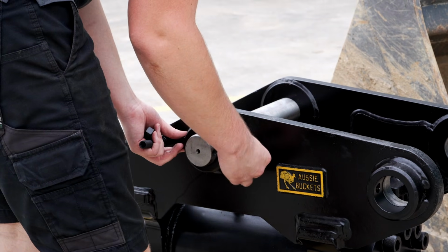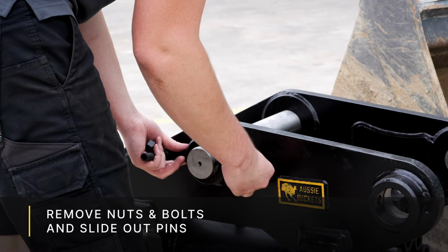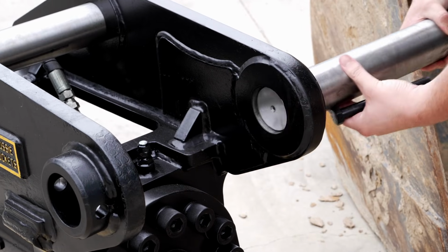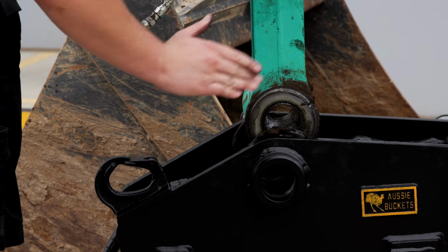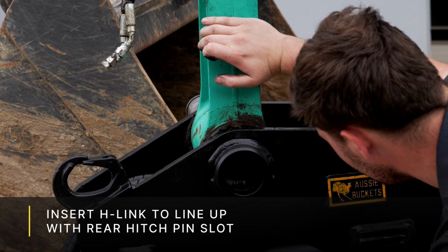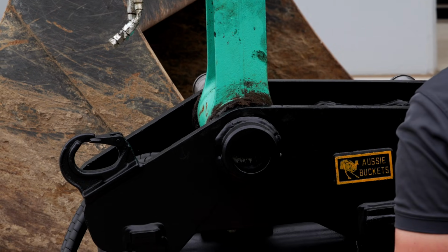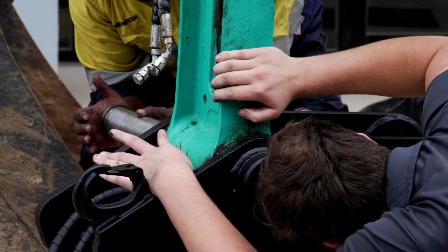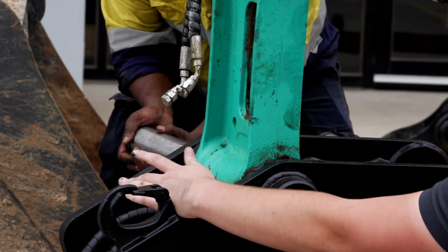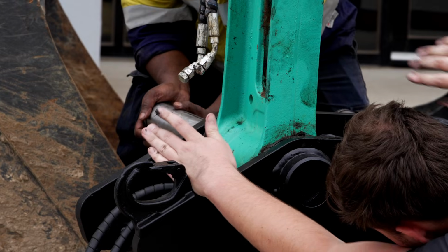And what we're going to want to do is remove the nut and retainers out of the hydraulic tilting hitch, take out the pins, and then we're going to try to slot the H-link into the rear pin slot and line it up inside of the hydraulic tilting hitch. We're going to put the pin through the tilt hitch as well as the H-link of the excavator, and of course then back through the tilt hitch side as well, and then retain this with the nut and bolt